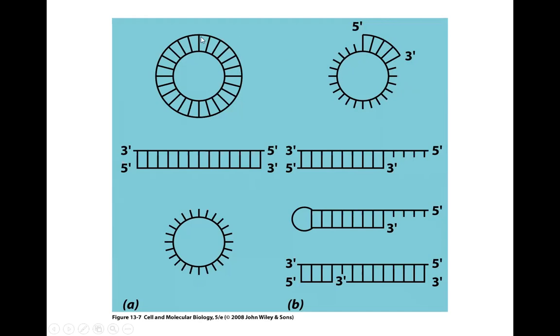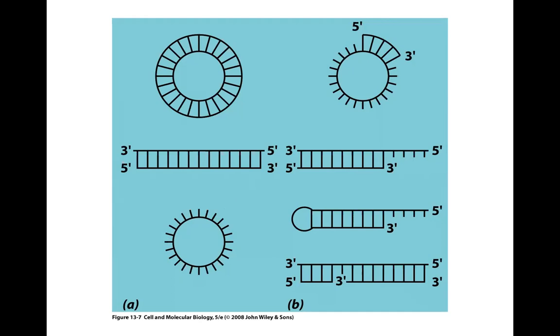So therefore, this particular DNA will not be replicated unless it is separated with the helicase. But this one has the 3' OH and it has the template as well. This one also has the template, right? We have the 3' OH and we have the template. This one doesn't. This particular DNA strand does not have the free 3' OH. It has the template, but it does not have the free 3' OH,